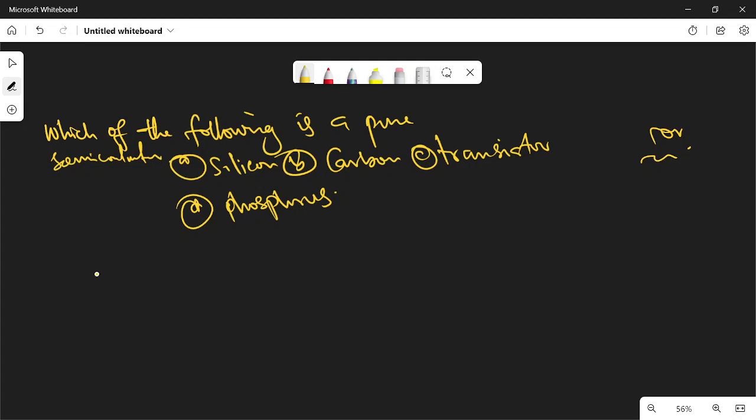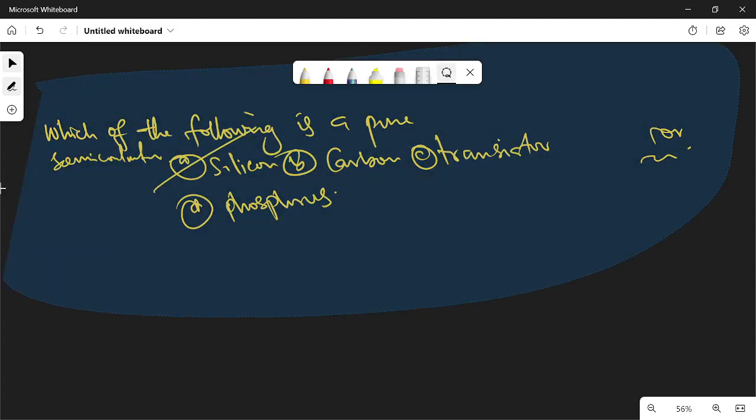So do you get that now? When you say a pure semiconductor, they are not insulators or pure conductors. But when you look at carbon, e.g. graphite, it is a form of carbon, and it is a good conductor. So that is why carbon cannot be the answer. The correct answer is going to be either silicon or germanium. Thank you for that response. I so much appreciate. All right.